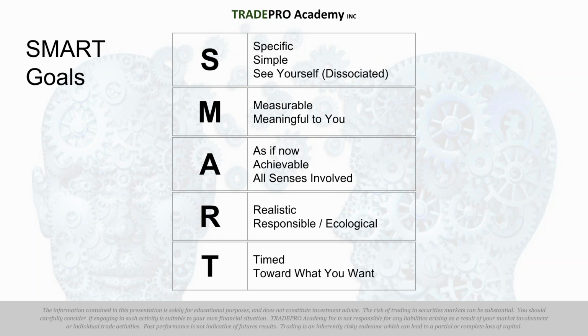All right. Having an away goal is not motivational. What do I mean by away? When you think about money, if somebody tells you, I want to make a certain amount of money a day trading, and I ask them, well, what would you do with that money? Or what drives you to make that kind of money? If they say, I don't want to be poor, that's called away. I don't want to be like my parents. I don't want to be poor. I don't want to be like my cousin, that kind of thing.